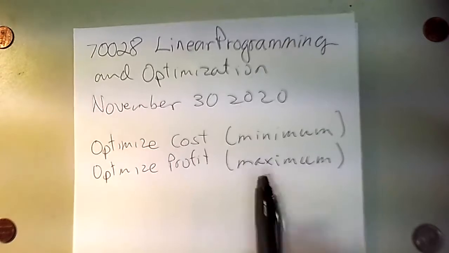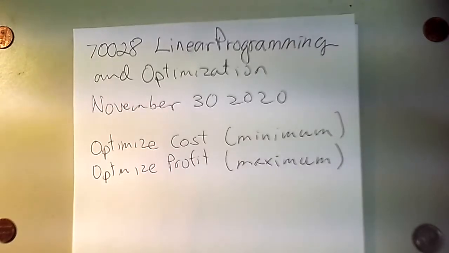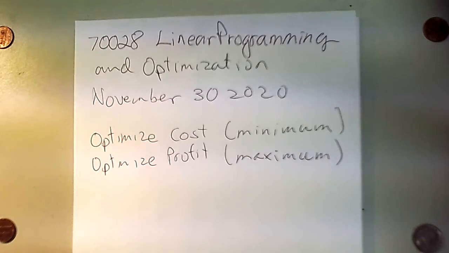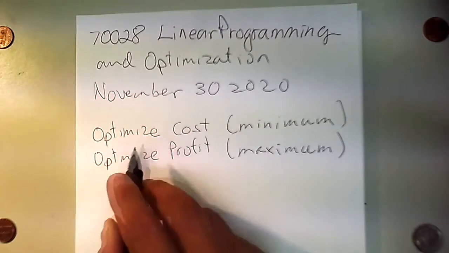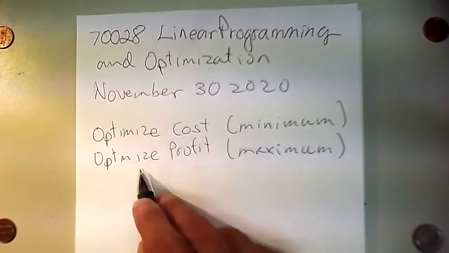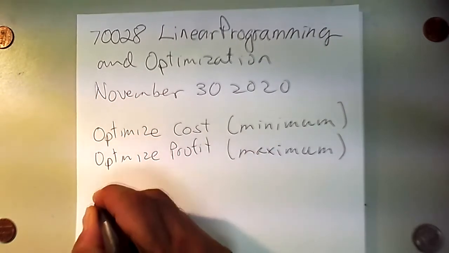Optimization in linear programming is a well-established field of mathematics, and it is a particular field of mathematics. See, in calculus, by the way, there are two kinds of optimization. There's the minimum and the maximum. In calculus,